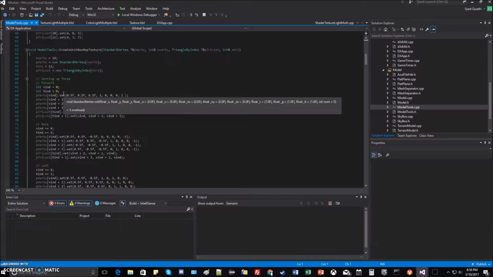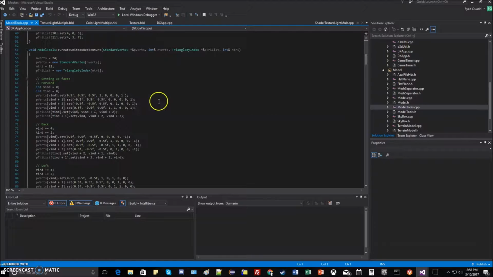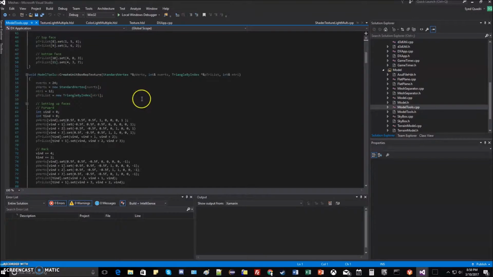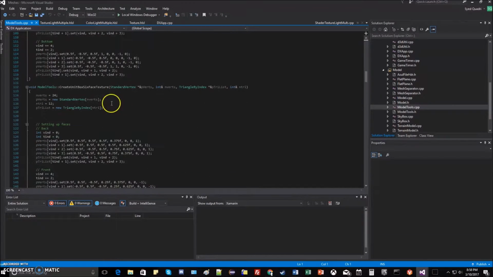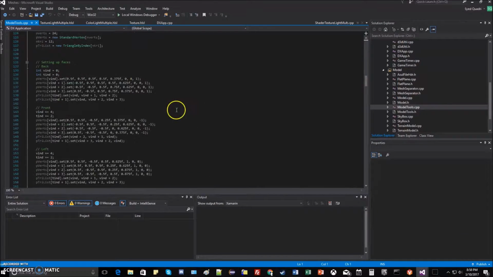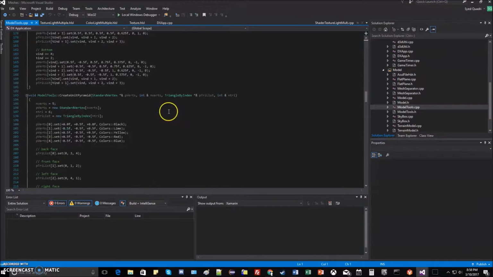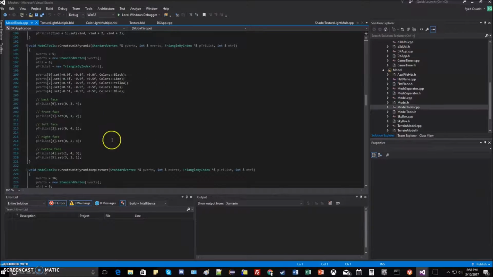In this one, I am defining the X, the Y, the Z coordinates, the UV for the texture, and then the normals, the normal X, the normal Y, and the normal Z for the light, and then the color. And I'm doing this for all the faces of the box. Then I'll also do it for the 6-face, set these,